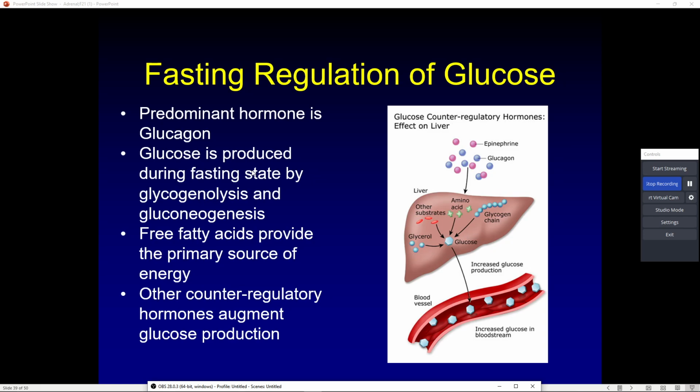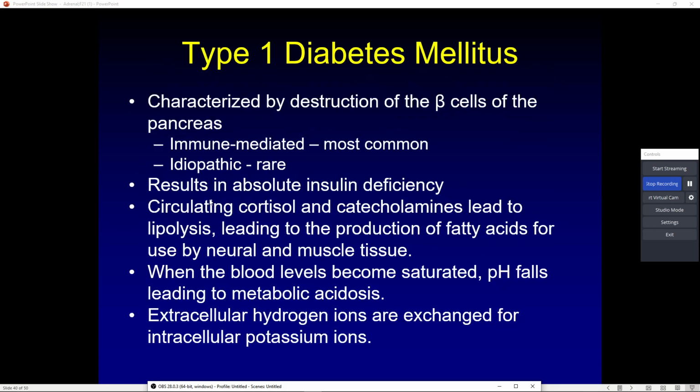A1C, on the other hand, is a measurement of the amount of blood sugar on average a red blood cell has been exposed to over its lifespan. The average red blood cell lifespan is roughly 90 to 110 days. So it's roughly a 3-month window into how high your blood sugars have been on a consistent basis.